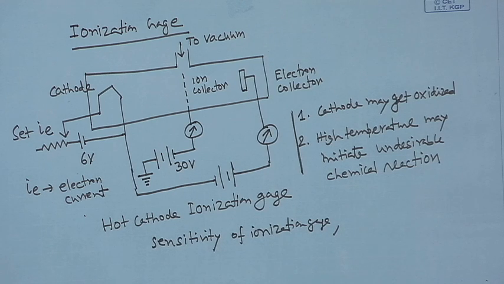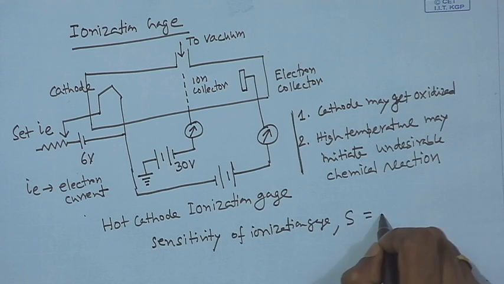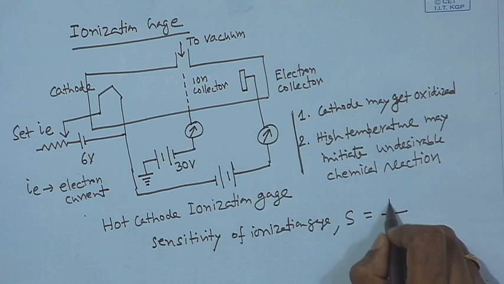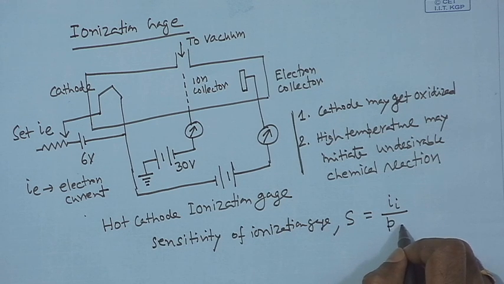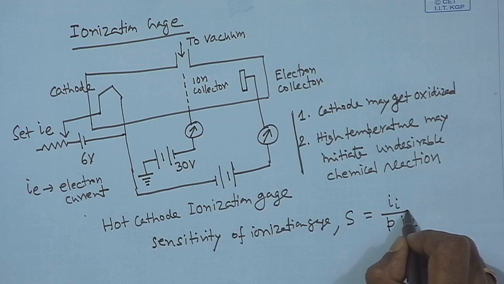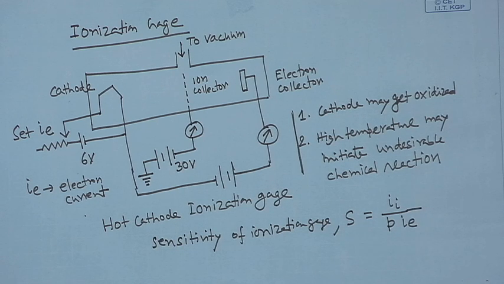The sensitivity of the ionization gauge is typically represented by ion current in the numerator and pressure times electron current in the denominator. This is an unusual definition, because our usual definition is